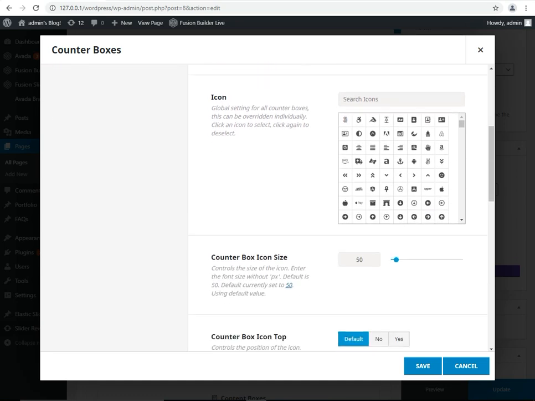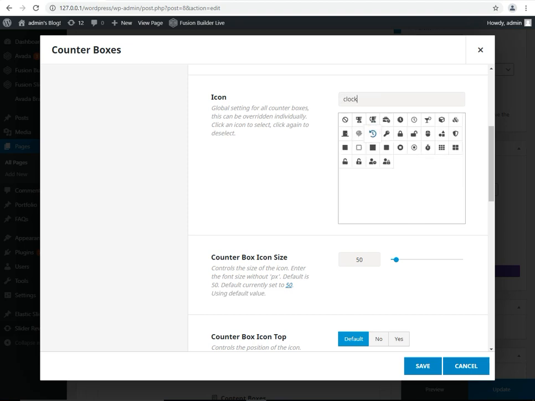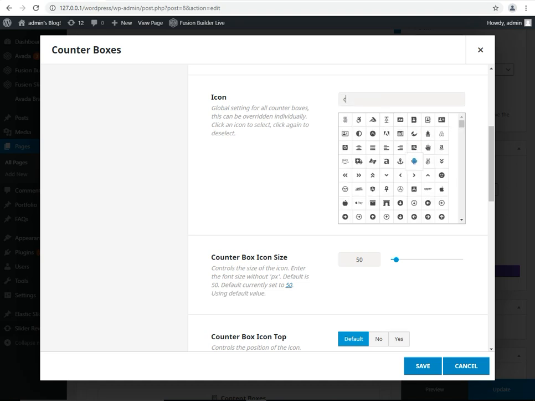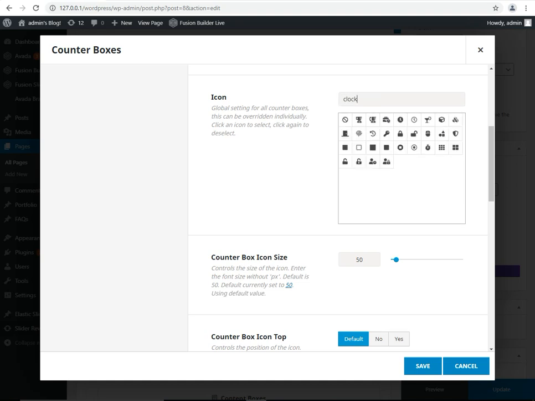Icon color, we are going to add the counter, like a clock. We are going to show counter clocks. You can add according to your desire. We use this.